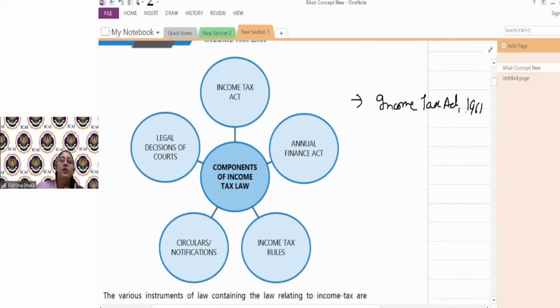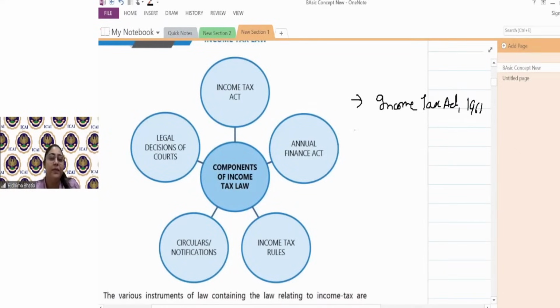But again, this was back in the year of 1961. And every year the scenarios are changing. Every year something new or the other is being developed. Cryptocurrency, guys, today it is a relevant topic. It was not there back in 1961. अब उसके लिए अगर कुछ provision you have to insert in relation to cryptocurrency, what you will do? You will make amendments in the Income Tax Act.